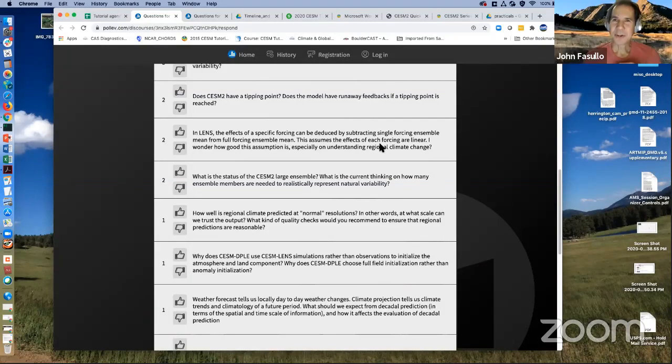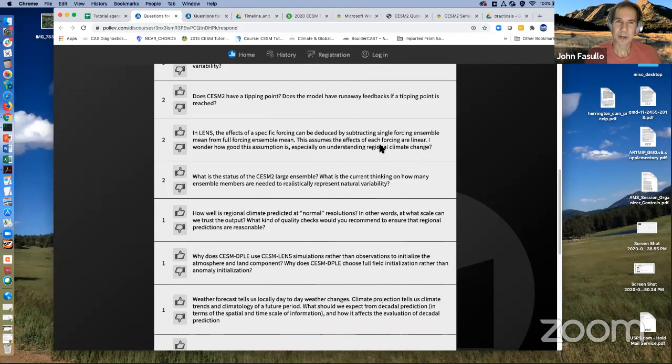So we actually had some very interesting experiences in the development of CESM2 related to this question. The whole experience has really changed my appreciation for whether or not models can be used to identify tipping points or runaway feedbacks at all. Because if you were to encounter one while developing a model, you'll generally try to get rid of it, so it's not particularly a useful way to explore these things.